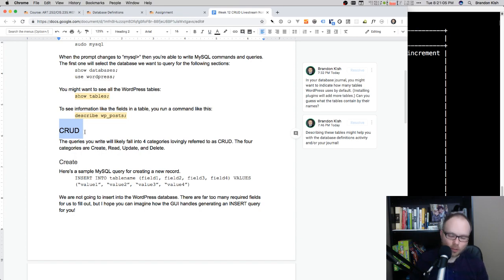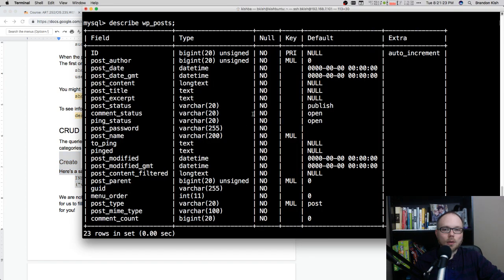And in your journal, I kind of ask you to run a few sample queries. I have sample queries in here that some of them we're going to run by typing into the command line, and some of them are just here for illustrative purposes. So actually the first category of create statements, we're not going to do from the database or from the command line here. One thing that is particularly interesting about the WordPress database is there are so many fields where a value is required that I couldn't actually very easily give you a sample insert query to run against the post table, because we'd actually have to provide a value for everything from post author to comment count.